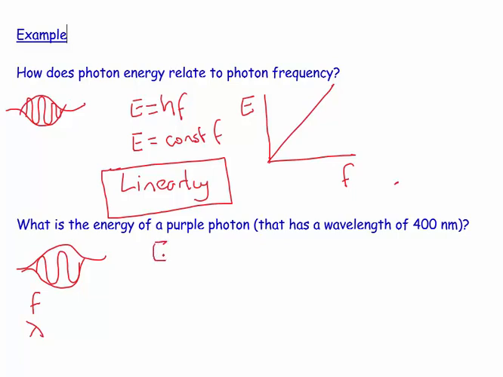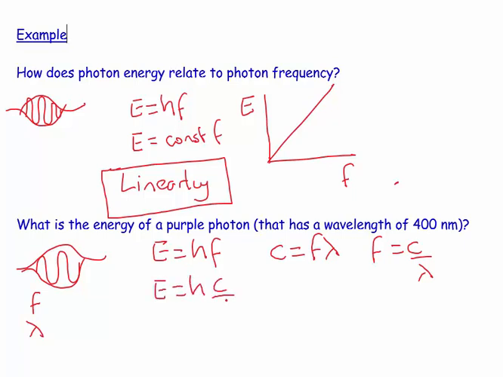So we start off with E is equal to hf, but also c is equal to f lambda. So f is equal to c over lambda. So if I combine these, I get E is equal to hc over lambda, which equals,